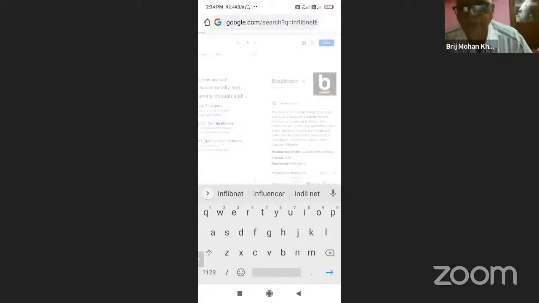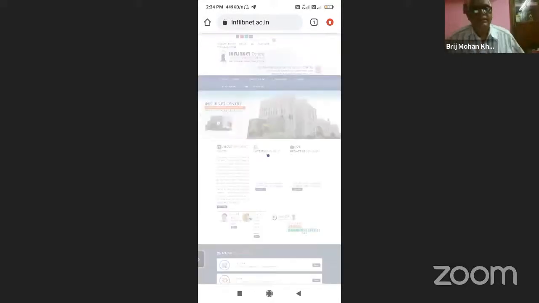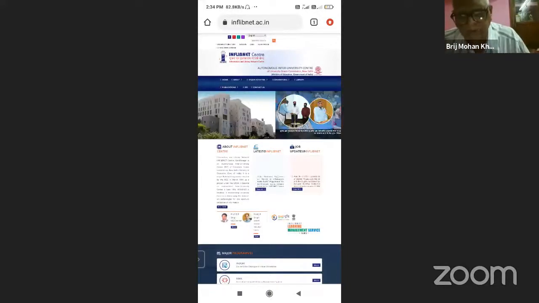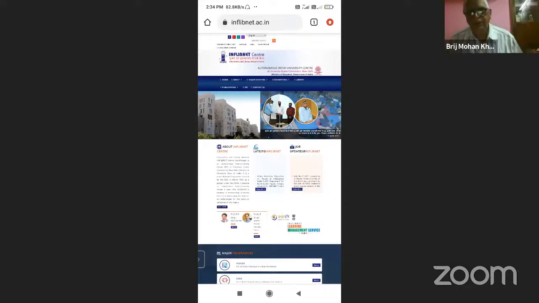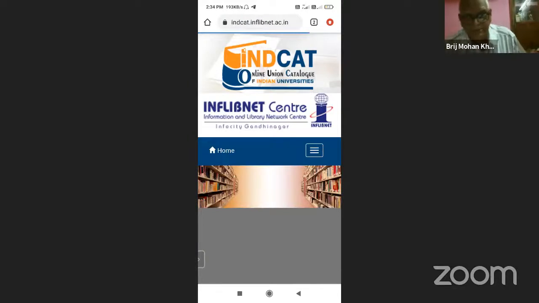On the right side there are author, title, ISBN number, publisher. In the left side window, you have to write the name of the author or keyword which you want to search and click, and you will find the list of books. I am seeing it appearing here.